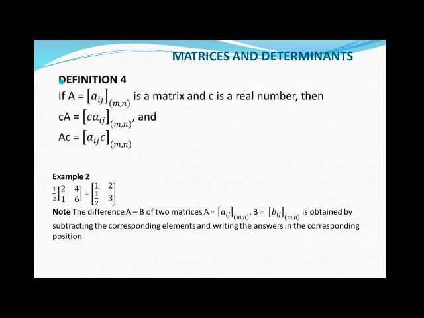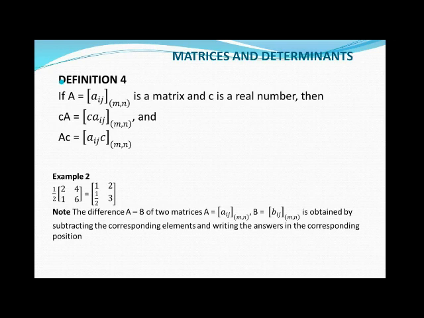Now, let's look at another definition. If A equals Aij is a matrix, and C is a real number, then CA, containing the entries CAij, has order m by n, and AC, which contains the entries AijC, also has order m by n. Example,